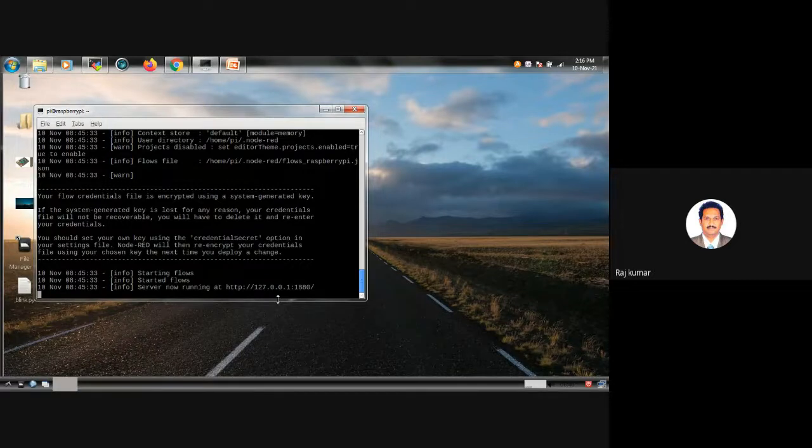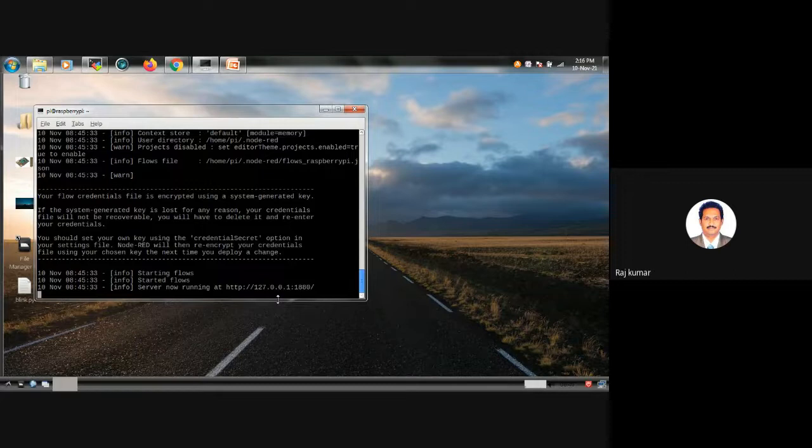So this application will be listening on this port number, 1880. You know that there are 50,000 port numbers available. So it is already assigned 1880.